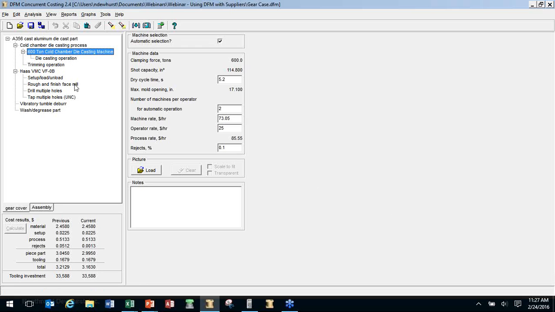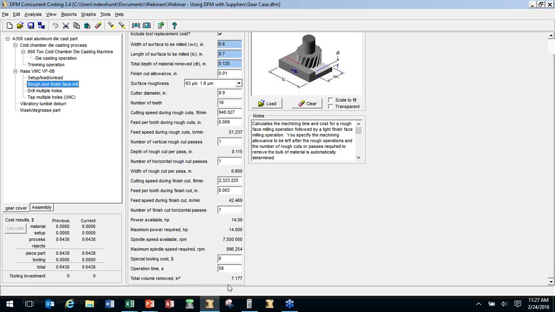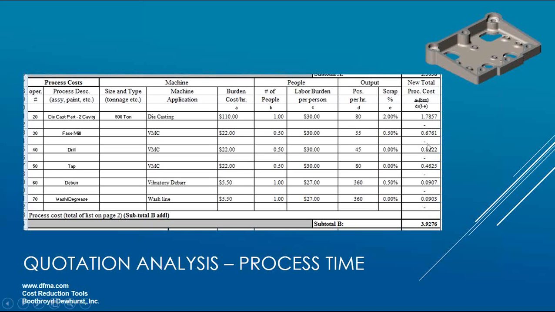Now if I click on our DFM result here, you can see this is our estimate of the cycle time for feeds and speeds. I could divide 3,600 by that number. That gives me the pieces per hour. I could compare that to the supplier's estimate, and also I've got 64 cents, and I can compare that 64 cents here back to the 67 cents that the supplier is telling me that face milling operation is going to cost, and I can decide, given the cycle times and the rates, whether or not I think that individual cost